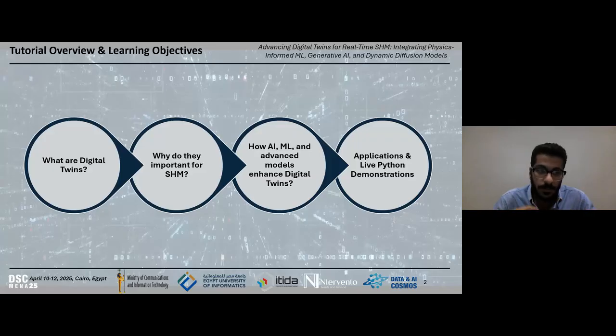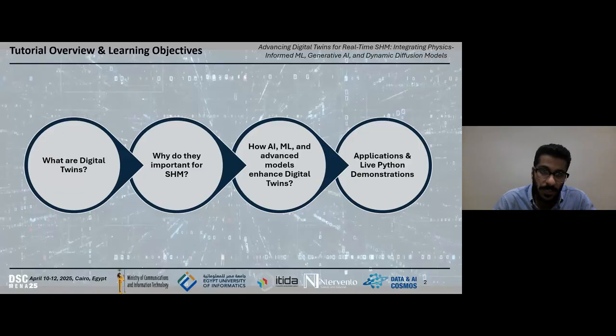Then we will introduce the emerging technologies aiming to advance the digital twin, like physics-informed machine learning, which is an amazing method that fuses mathematical modeling with machine learning, learning from data.